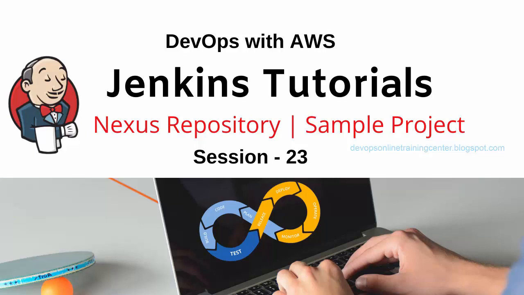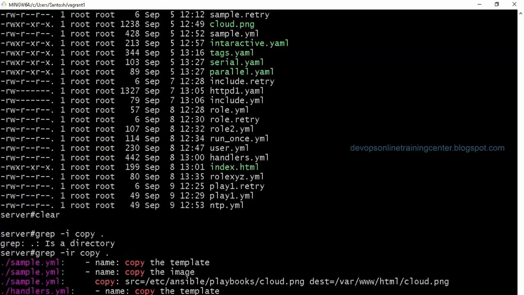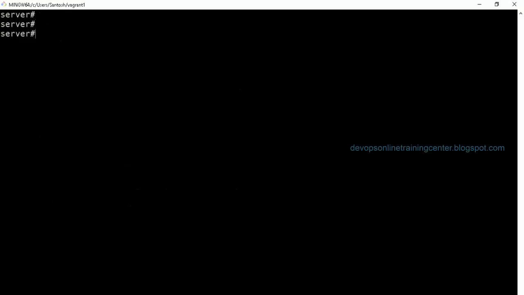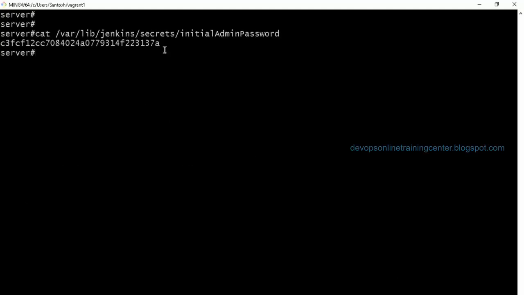Or did you get back a point or no? Yeah, I got it. Let me check. It's there. It's always there. Yeah, I don't know why. But if you forget the password or if you're not able to log in, you can always disable the security from the configuration file.